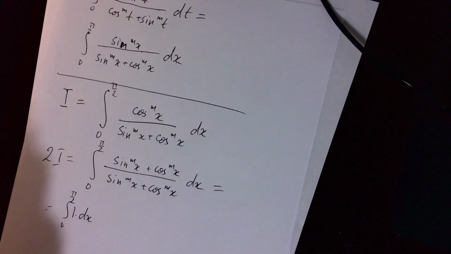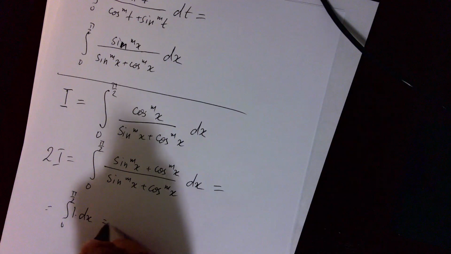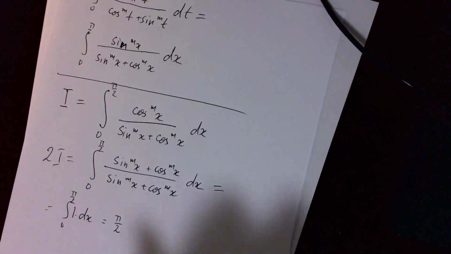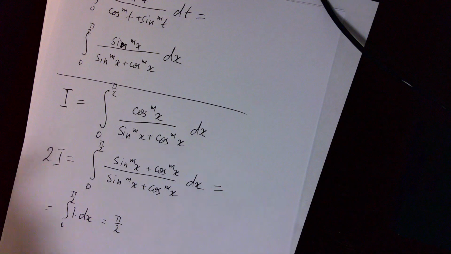And it is well known that the integral of dx is just the difference of the limits of integration. It is exactly pi over 2. You can use again the formula of Newton-Leibniz, or you can